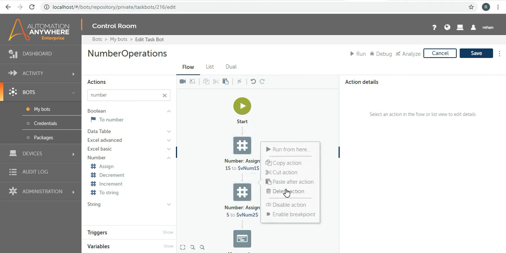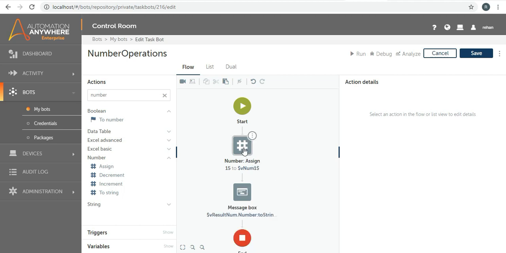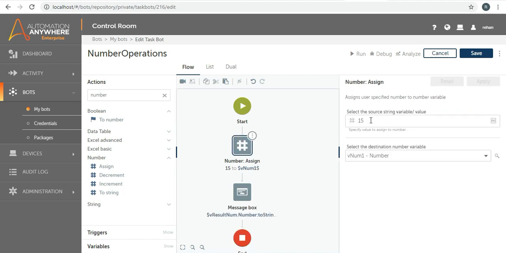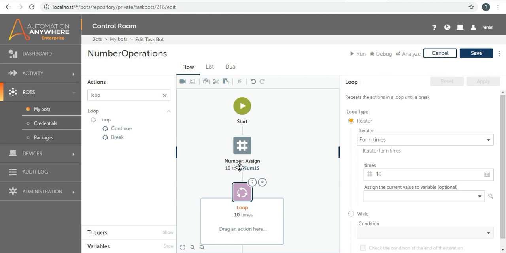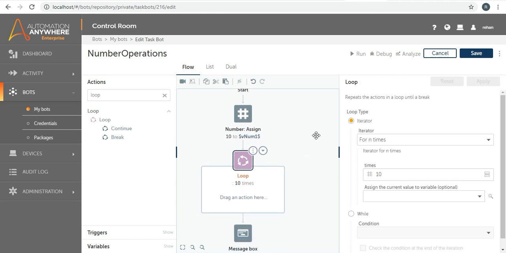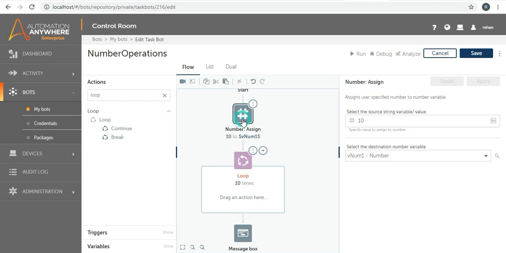So delete this action also, and what I want to do is just assign 10 only, apply. Now to increment and check the value of increment, I will just use the loop. So initially what we have done right now is that we have a number and we have assigned 10 as a value here. Now in the loop what